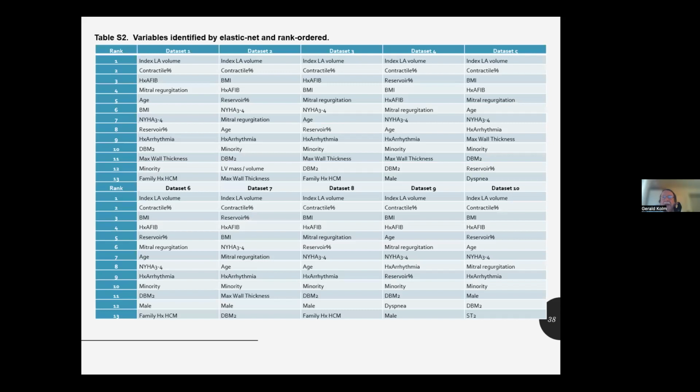And so this is probably more detail than anybody wants to see, but one thing I want to point out here, when we ranked the variables that they showed up as far as or appeared in each of our 10 data sets, you can see that index LA volume was always the first one in all 10, and contractile percent was the second one selected in all 10. After that, it's sort of varied,